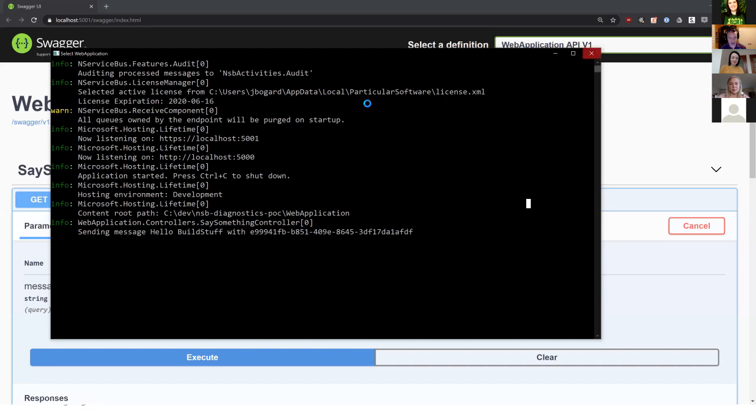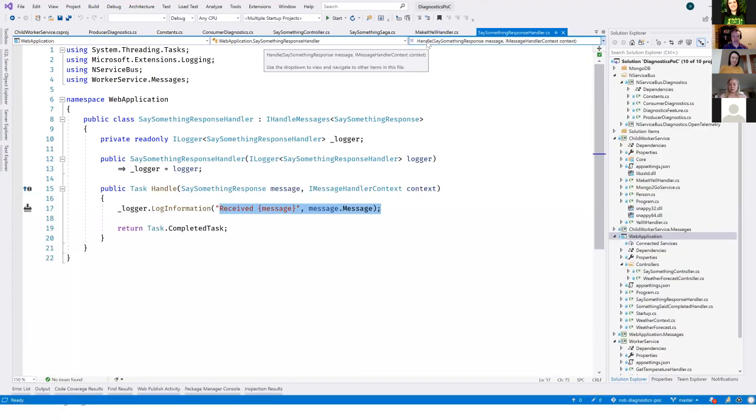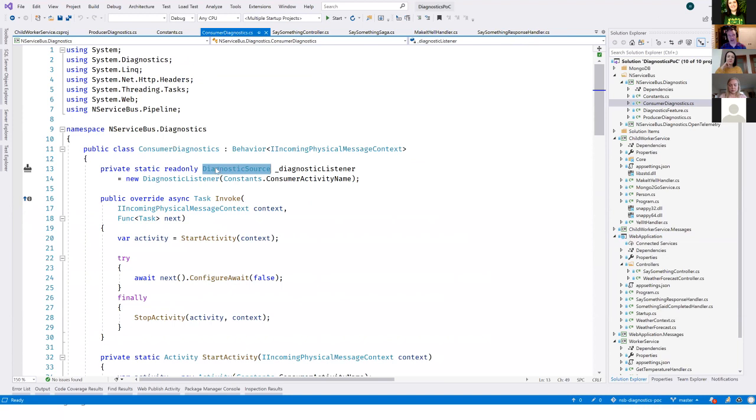and go to the second piece. I've surfaced some diagnostic information in my code where I'm going to start and stop the activity. The next piece I need to do is surface diagnostic events. And the way we surface diagnostic events is through the second API, which is known as a diagnostic source. Diagnostic source is also from the System.Diagnostics namespace, and it's the way that your code can surface any kind of